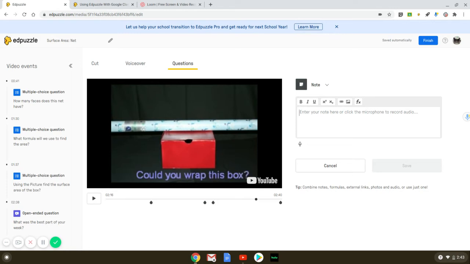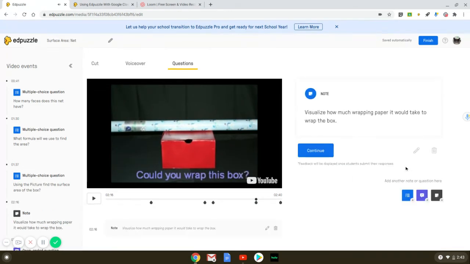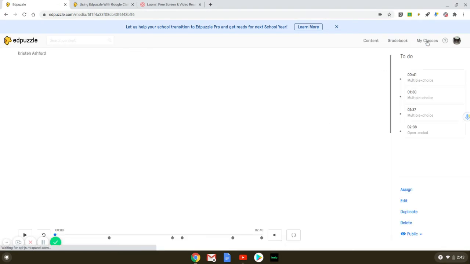So, do you think or visualize how much wrapping paper it would take to wrap the box? I don't know why I would say that, but sure. I want them to think about something though. It forces the video to pause and it doesn't move on until a student clicks continue. Once you're done editing, you click finish